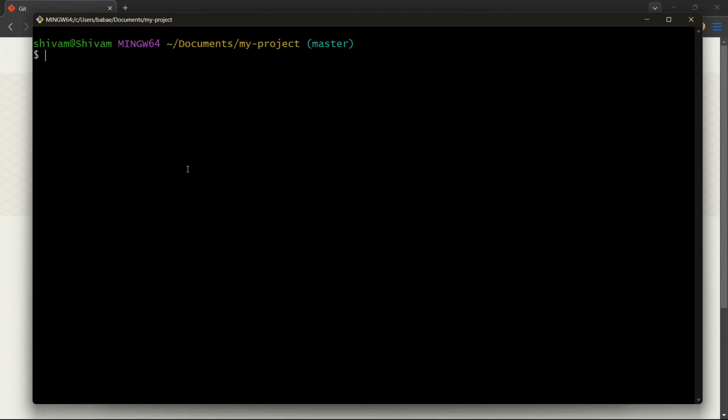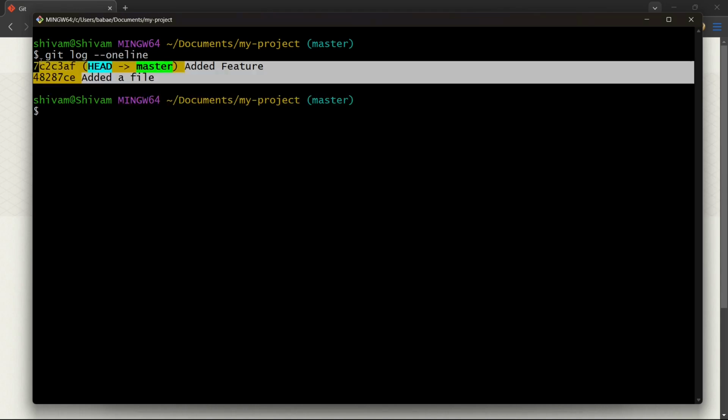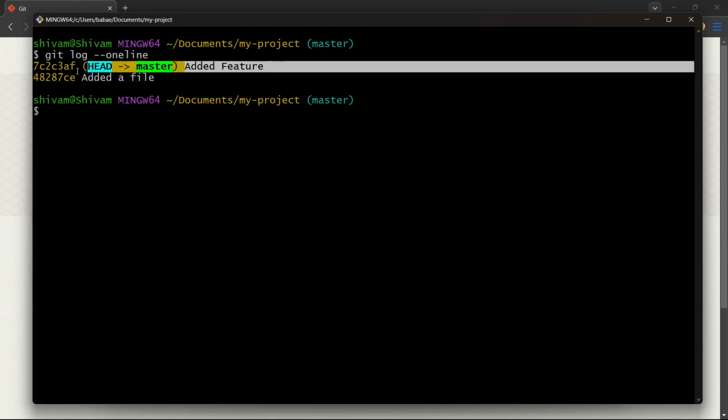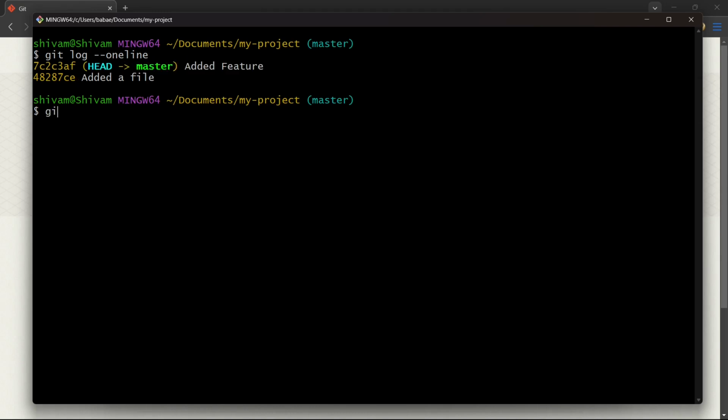So let's say we have committed something bad. Let me run the command git log, and it will show you the logs, what things we have done. So we have added the feature and we have added a file. If you want to undo any changes, let's say I want to undo this added feature, what I can do is git revert and then this hash